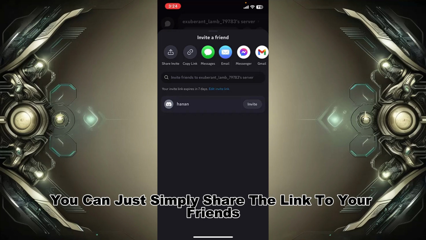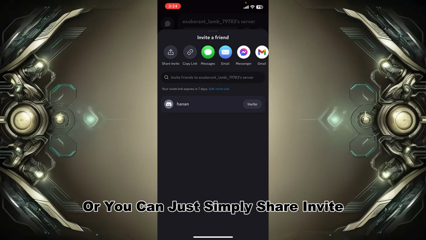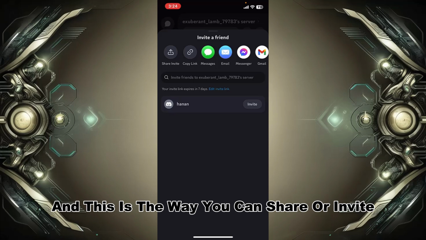and after copying the link, you can simply share the link with your friends and other people that you want to share it with, or you can share the invite by tapping on Share Invite, and this is the way you can share an invite or copy a link